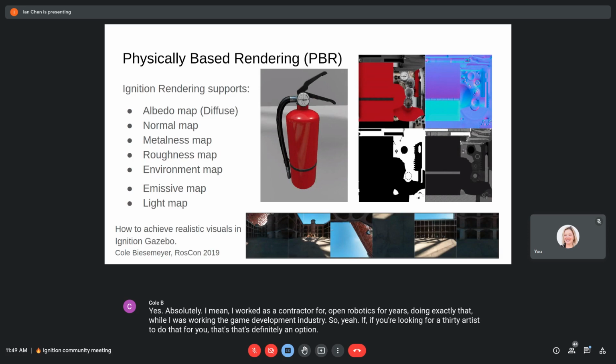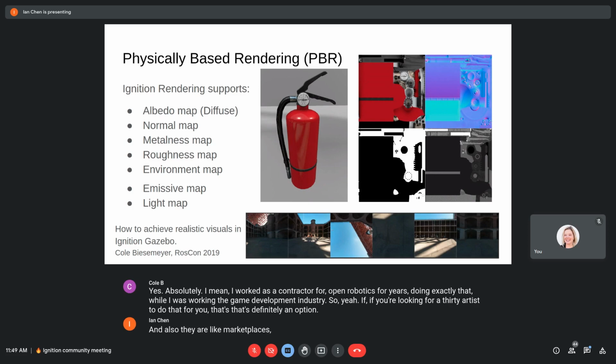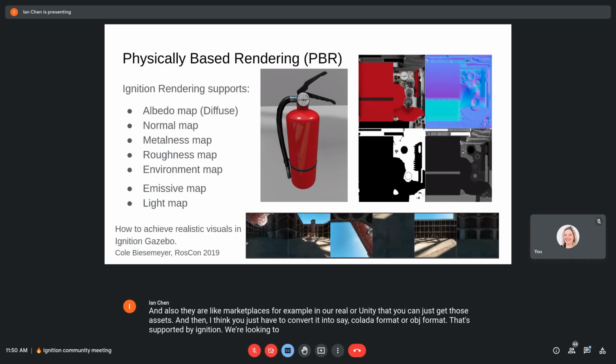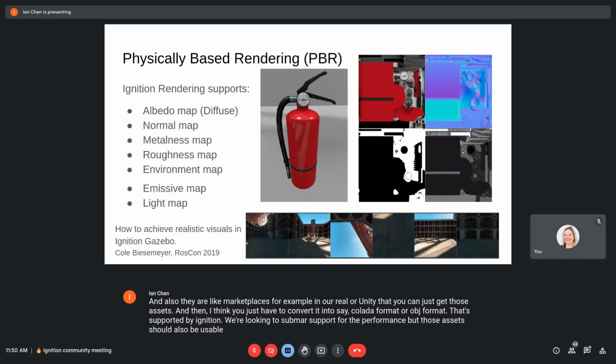And also there are marketplaces, for example, in Unreal or Unity, that you can just get those assets, and then I think you just have to convert them into, say, Collada format or OBJ format that's supported by Ignition. We're looking to add more support for different formats, but those assets should be usable after they're converted to Collada.